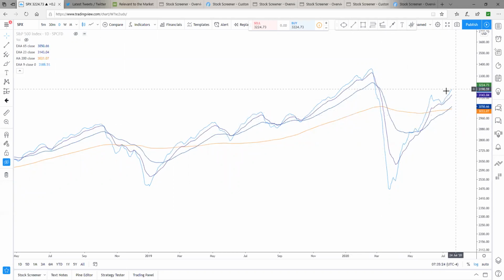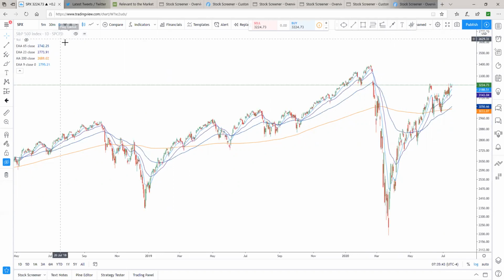Well, if you look at the moving averages at this point, they are all moving higher. Even this 200-day is trending higher. So the point is, volatility is going to happen, and we are in an uptrend. So if we're in an uptrend, I think that